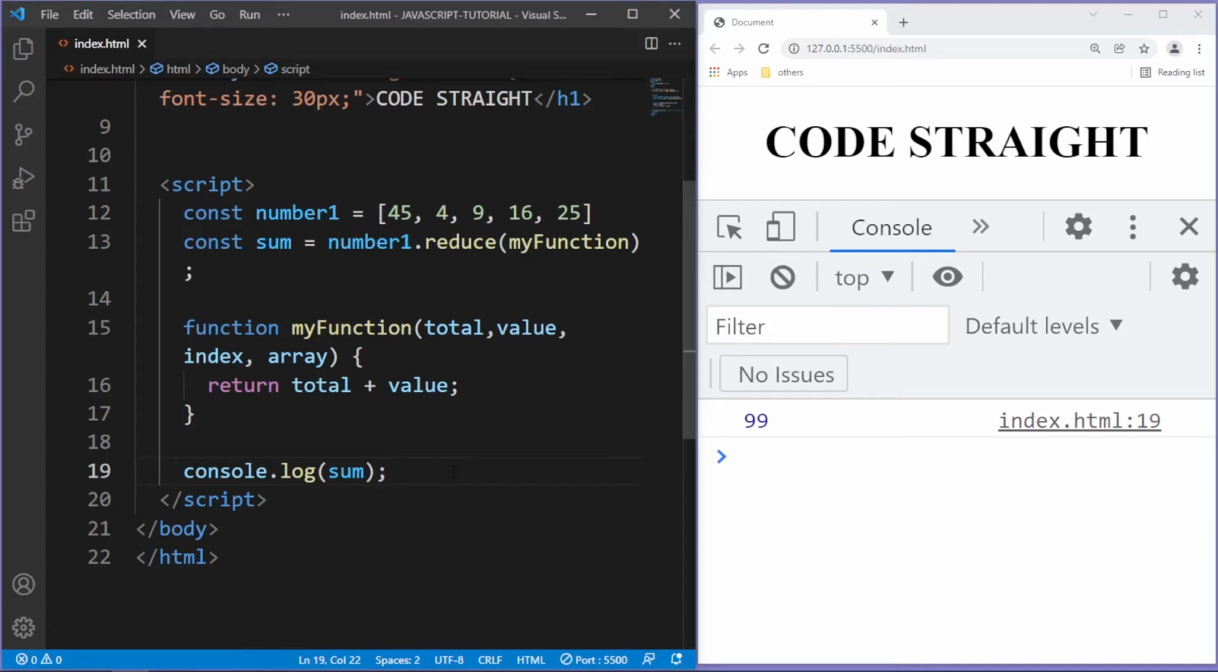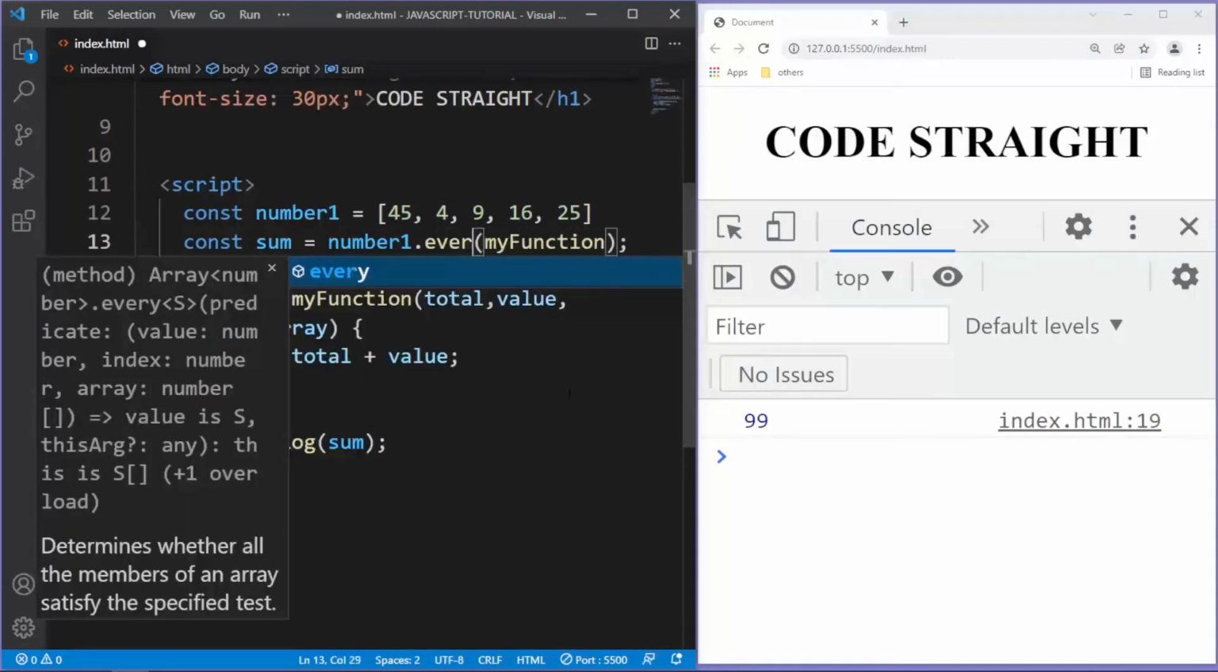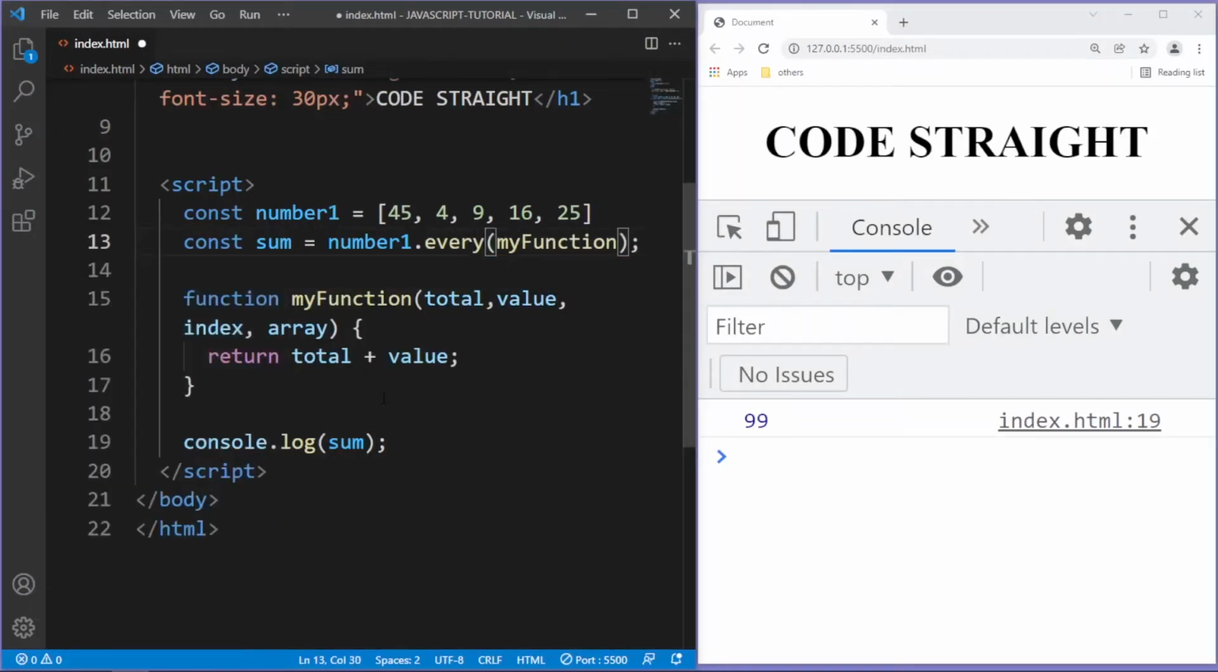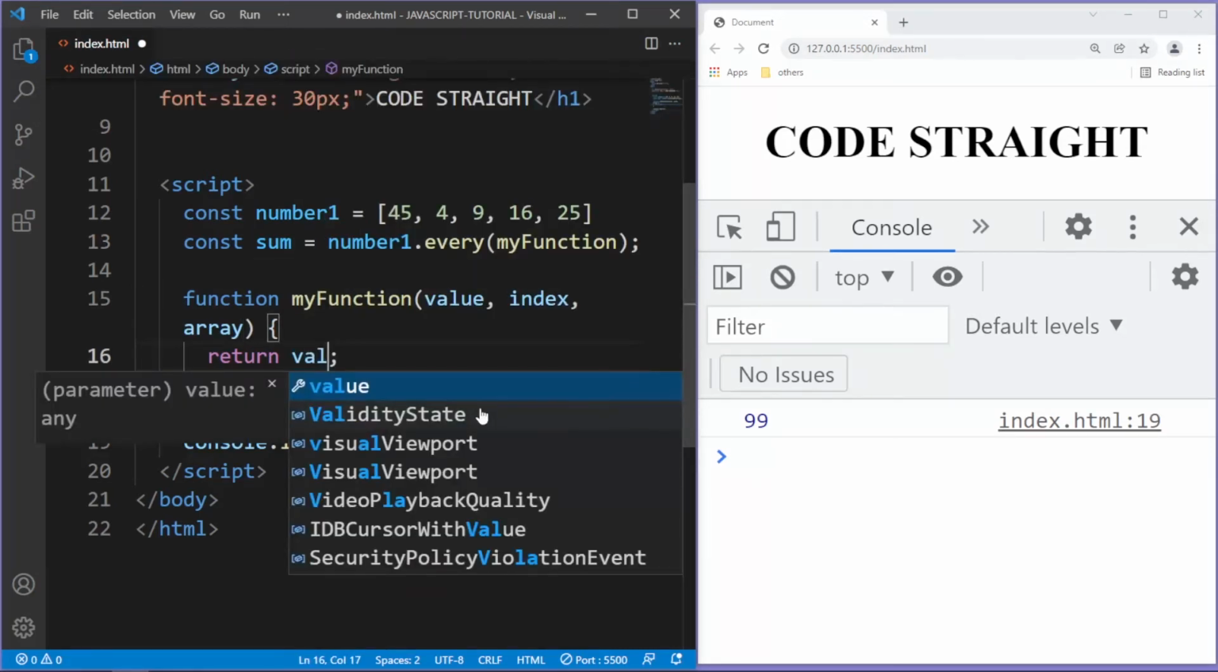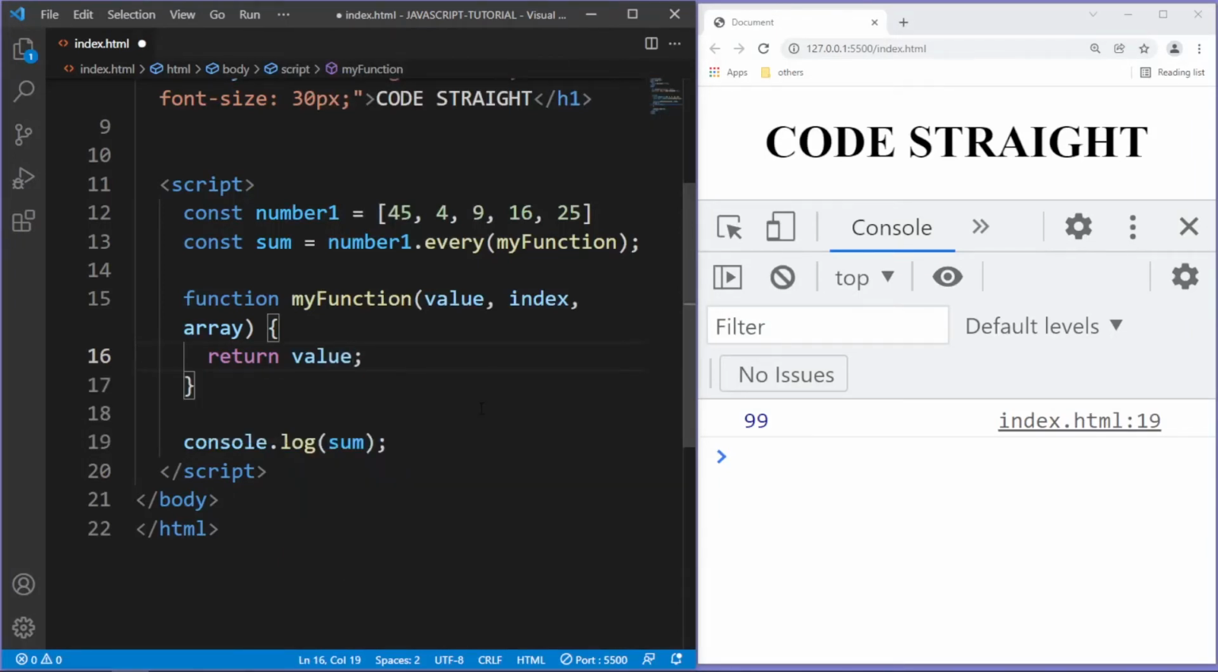Say if you want to check any condition on all the values of an array. Let me give an example. Come in here and type every, and we don't need this total anymore, and just come in here and type if value greater than 18. Just come in here and type we want all